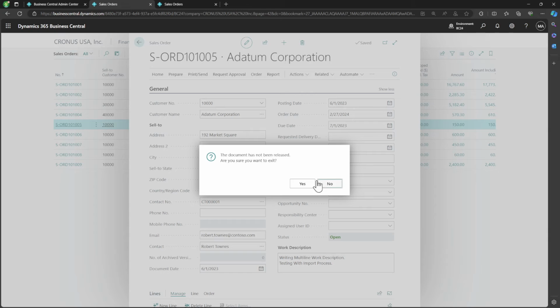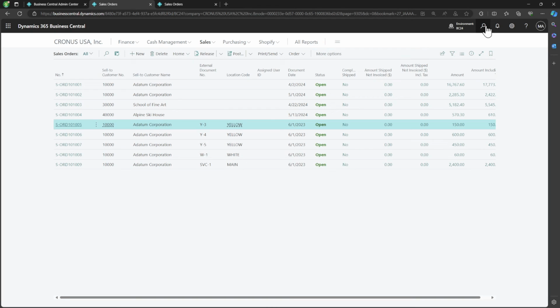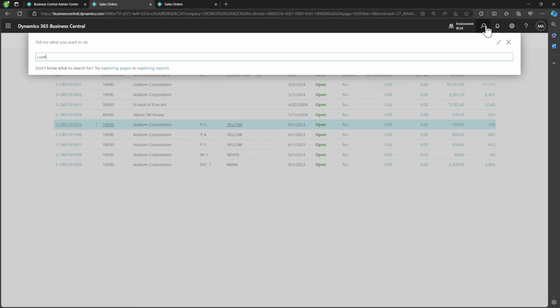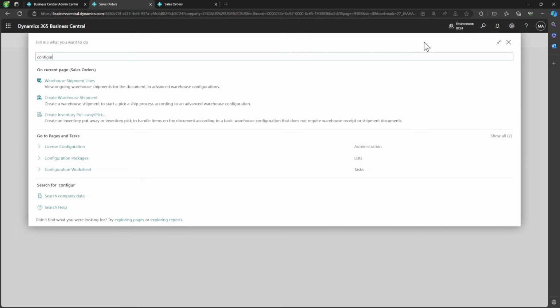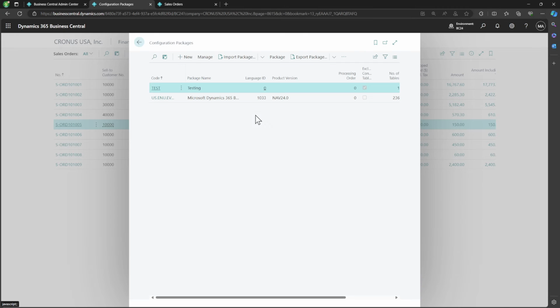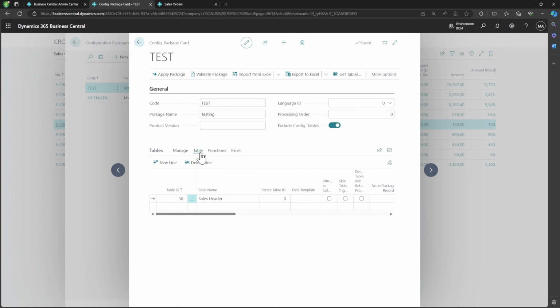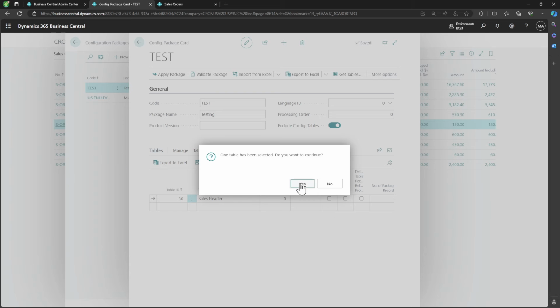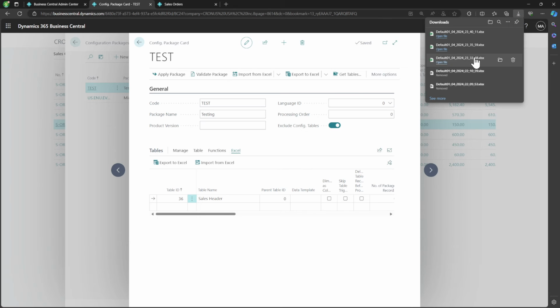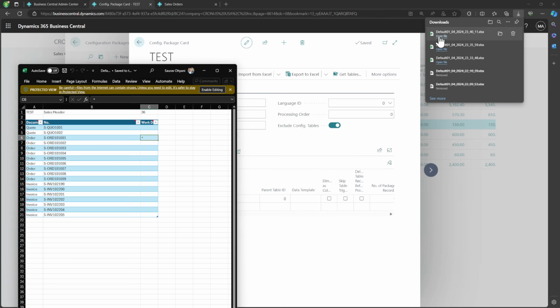Let's test this. Okay, yes. Configuration package. Okay, let's test this out again. And I think I found the issue. Hopefully this gets fixed before others find it. But when I do the export now,